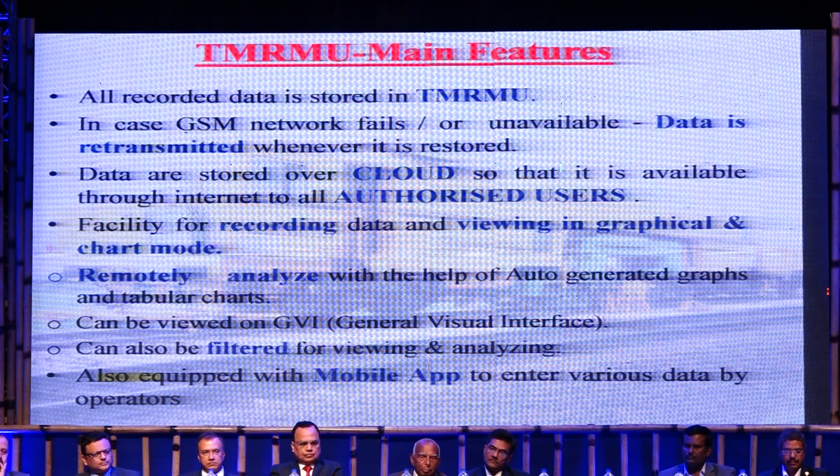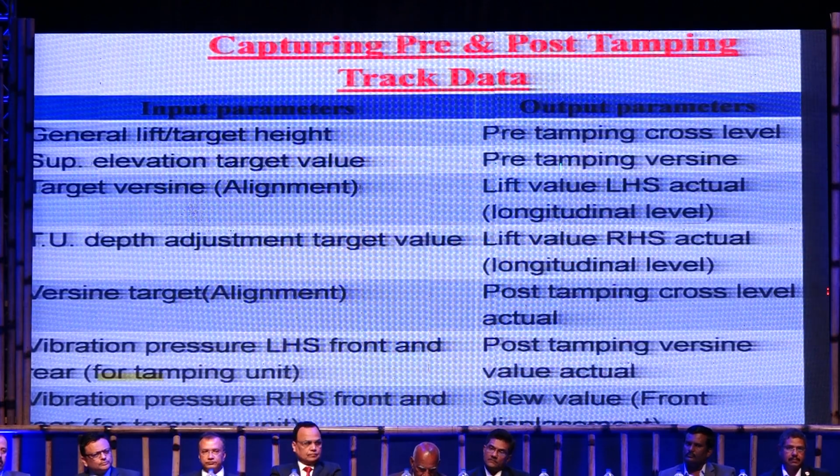It can be viewed on the GVI, General Visual Interface, and can also be filtered for viewing and analyzing. It is also equipped with a mobile app for operators to enter various data. These are the data captured pre and post tamping. The most important input data are gauge, left super elevation, target versine, tamping unit depth, versine, vibration pressure, vibration pattern left and right, whereas output data are pre-tamping cross level, versine, lift, then post-tamping cross level, slew